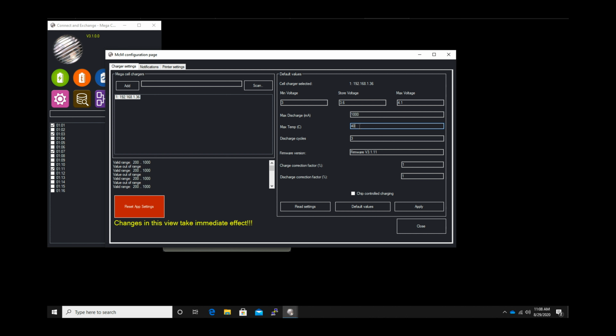Now the max temperature is the temperature where the system will say this cell is bad. During a charge or discharge cycle, you might have a heater, and that heater is going to be detected when the temperature probe on the PCB reaches 40 degrees centigrade. Now this value is adjustable. You can set it also to 20, or you can set it to 50, but you need to be aware that